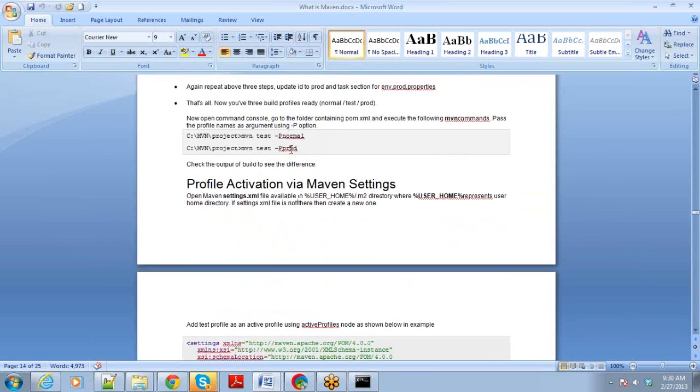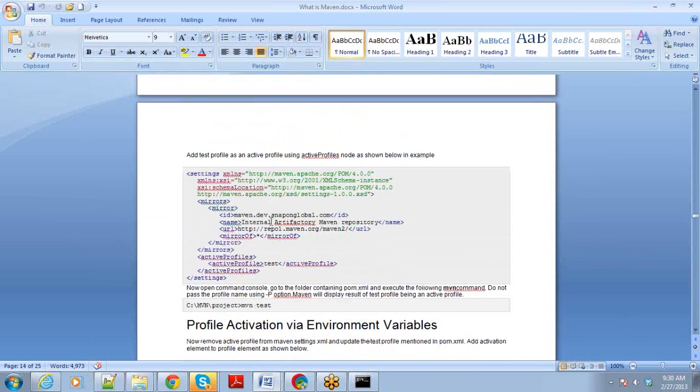Similarly, for production, you can say -p prod, whatever profile you set with ID prod will be executed along with the regular goal. Okay. Similarly,